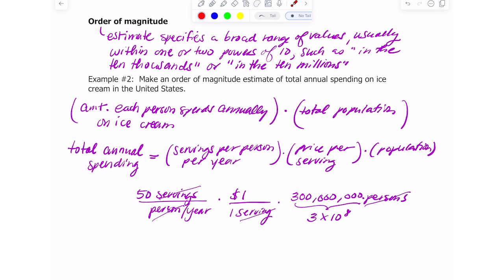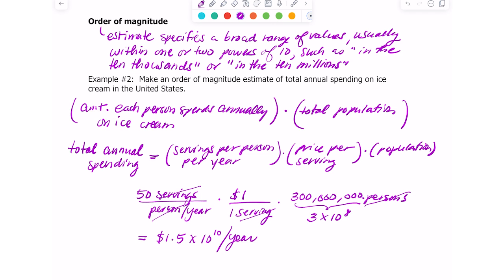So that's another way you could express that. But when you multiply 50 times 1 times 3 times 10 to the 8th, or 50 times 1 times 300 million, you get about 1.5 times 10 to the 10th